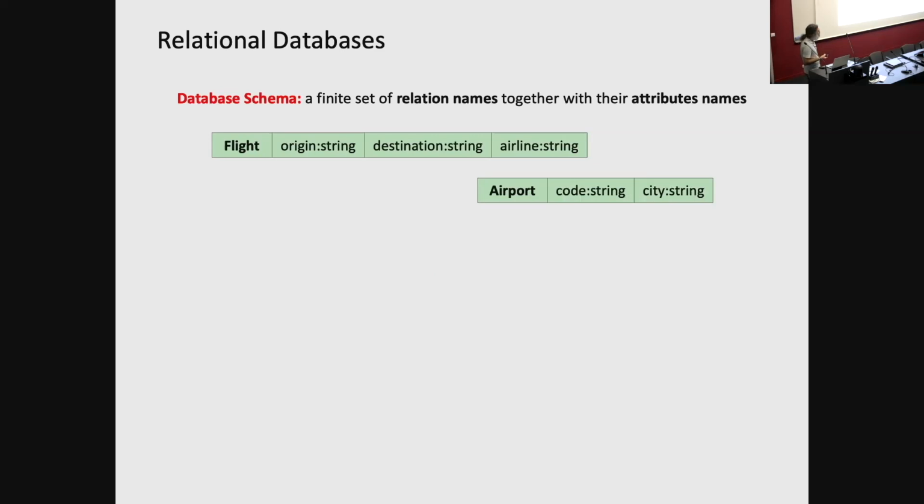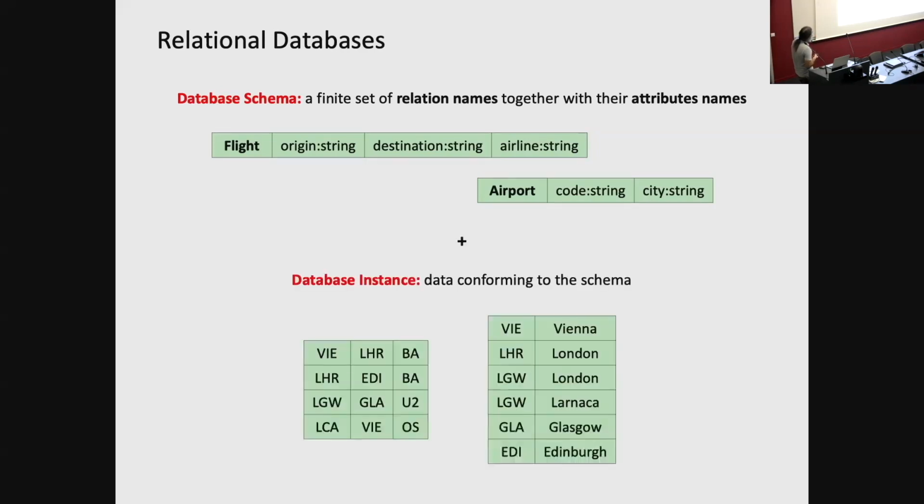Together with their attribute names, right? So here we have two relation names: flight and airport. Flight comes with three attributes, origin, destination, and airline, with their types. These are strings. And we also have the airport relation name with two attributes, code and city, again of string type. And together with this database schema, we have a database instance, which is essentially our data